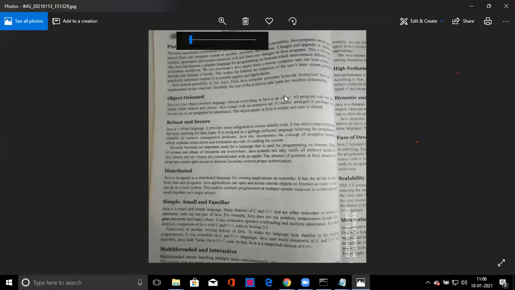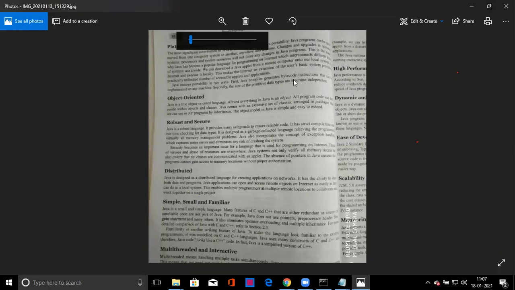Source code is converted to bytecode, and that bytecode, see, generates the bytecode instructions, and that bytecode can run on any operating system on any platform. Okay, that can be portable. It can run on any operating system, so we can run anywhere, anytime. This bytecode, after generating the bytecode, we can run anywhere, anytime in any system. So it is also called platform independent. Since the bytecode is portable, Java is called platform independent. So this bytecode, after being interpreted, will generate the machine code.